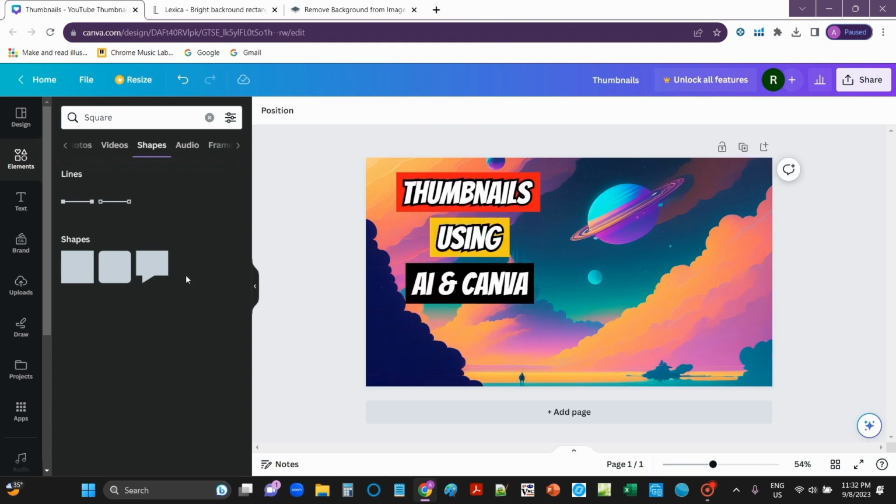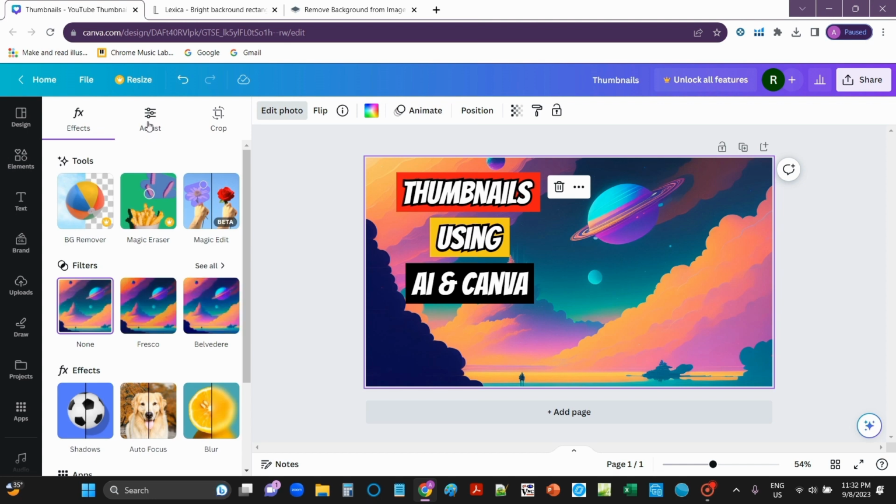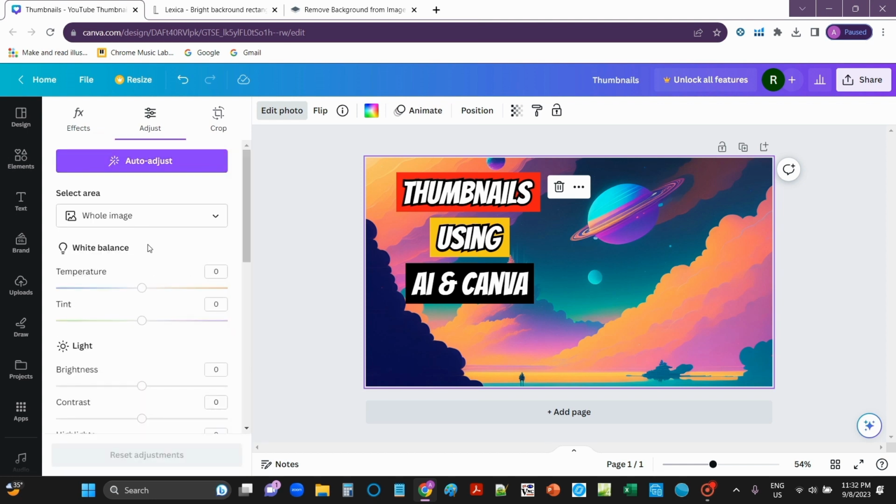Okay, so I have adjusted the square and texts and stuff, and the background is a little dark, so let me just click on it. Once you have clicked your background, just click on edit photo and then click on adjust. Then when you click on adjust, you just have to adjust the temperature, I mean the brightness,